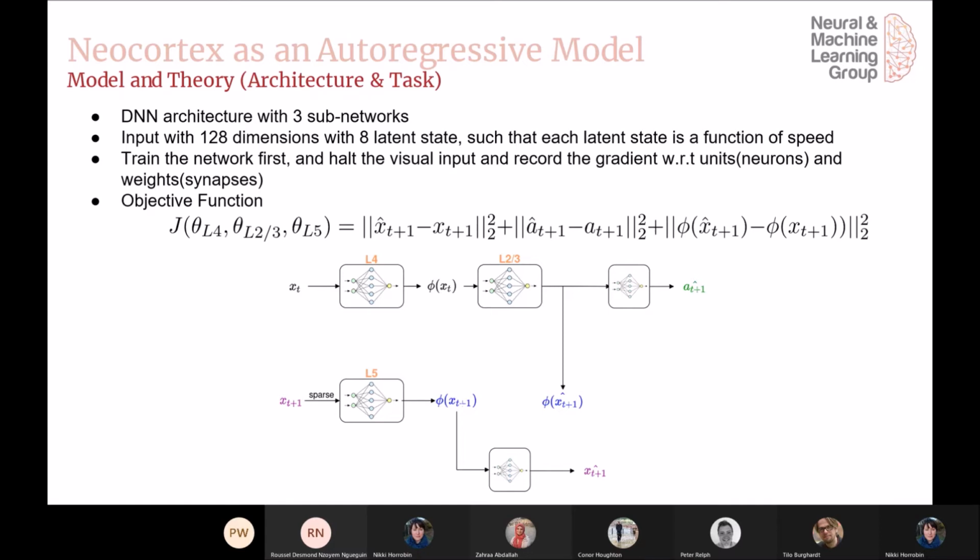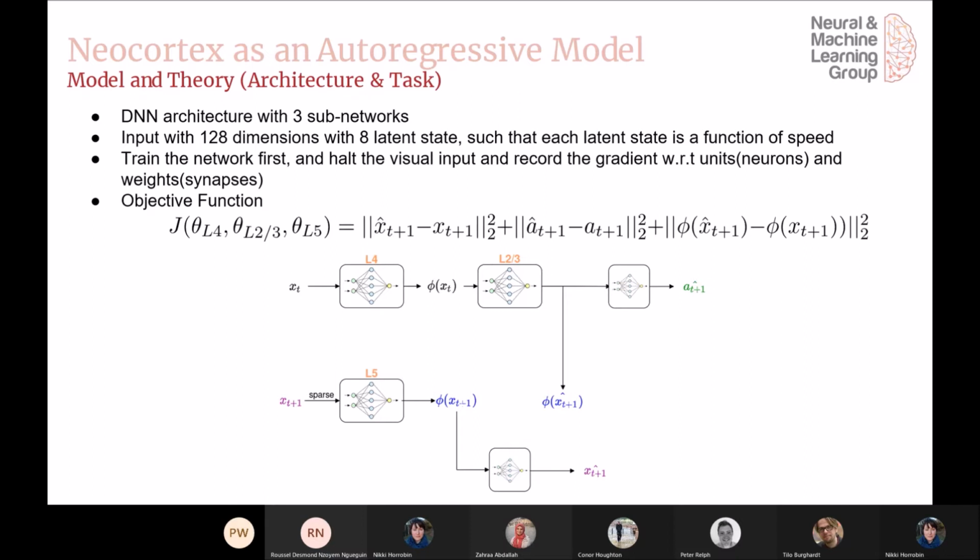So layer 5 receives the input at time t+1, encoded, and then you do have a loss function here. This loss function is sort of the prediction error. Then you have another reconstruction loss here, which is basically the second term in our energy function. And because you have some information about the action, since they're coupled together, you should be able to predict what's going to be the next action. You can replace this with any reinforcement learning, basically, and try to predict the optimal action that's going to be taken. For our simulation, we